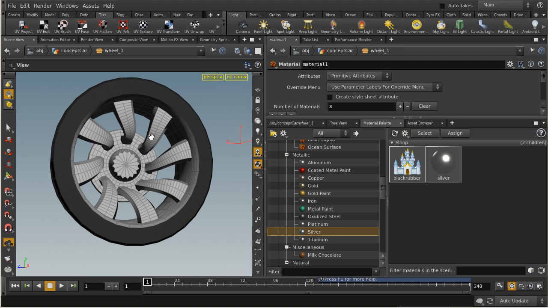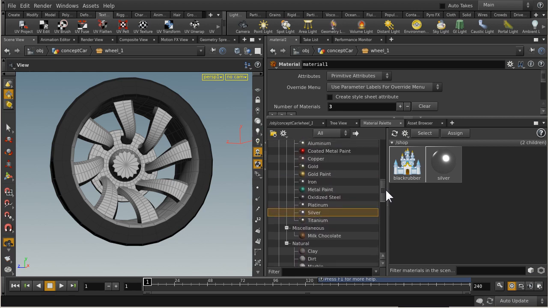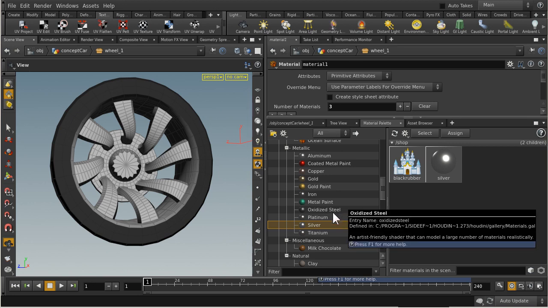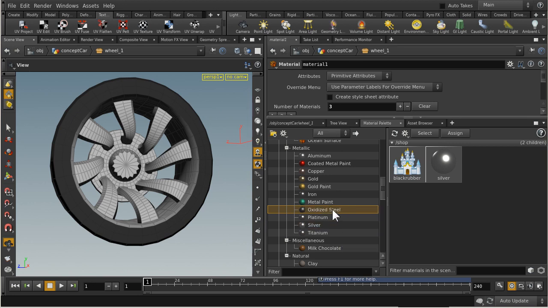And the other thing that we want is sort of a darker metal color to be this inside part for our brake drum. I think right now probably a good option to start with anyway might be this oxidized steel. Let's start with that and see where it goes. So we're going to click on that. And last time we actually drug this over into the shop area. You can also use this area here, this arrow,